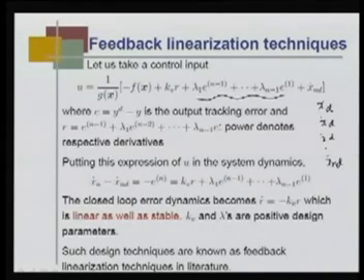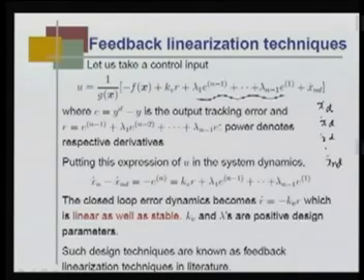So, on this side you see that g(x) minus f(x) is there, and with u you have g(x). So, that cancels out, minus f(x) and plus f(x) cancels. Then you are only left with k_v r plus these terms here, lambda_1 e^(n-1), the (n-1)th derivative, until e first derivative. The closed loop error dynamics becomes, if you see here this one